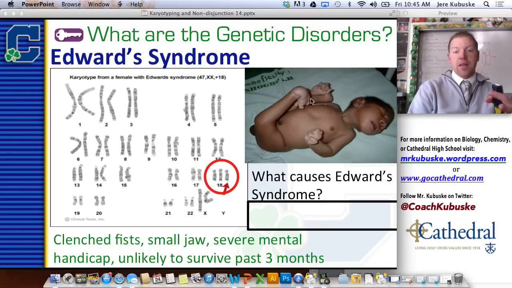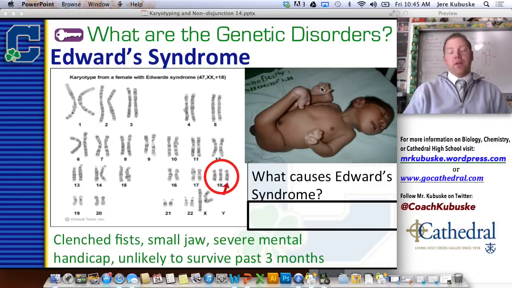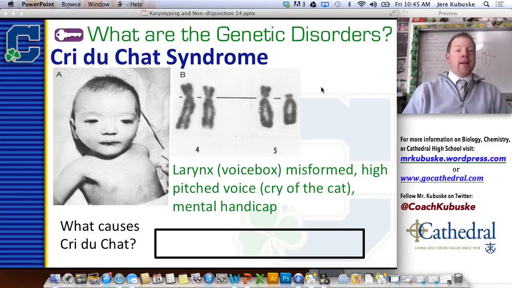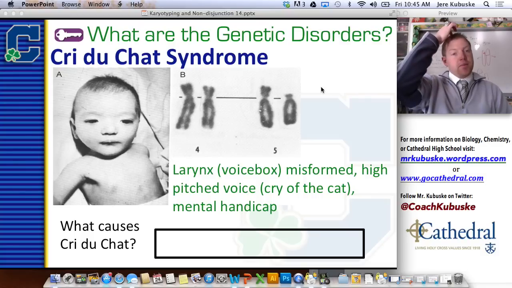You can see, I don't know if you can tell, but this individual's right leg right here is bent all the way back behind his right arm. But again, a very low survival rate with individuals with Edwards syndrome. So again, 47 chromosomes and a trisomy 18. Very sad. And then the last one I'm going to want you to learn is something called cri du chat,